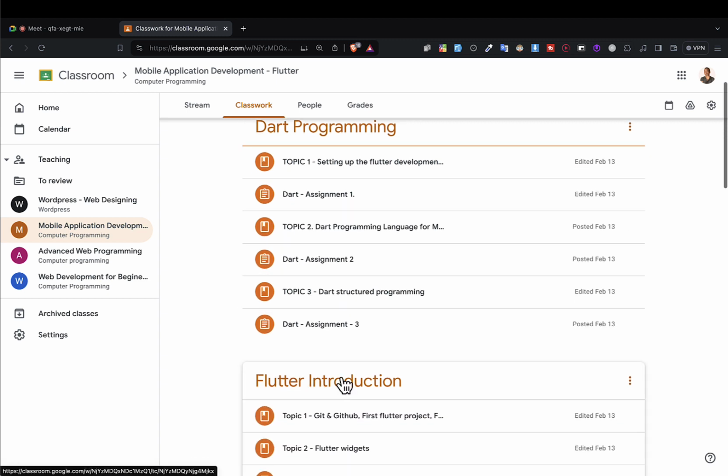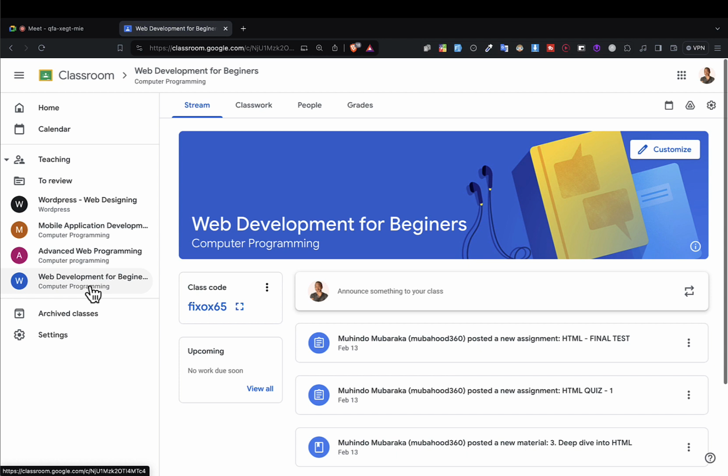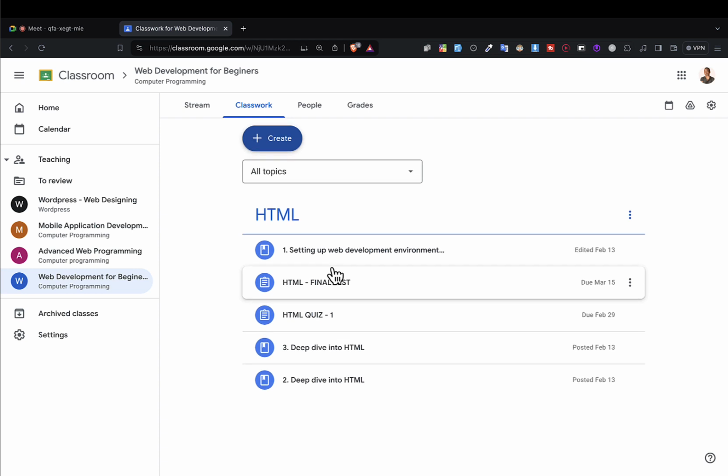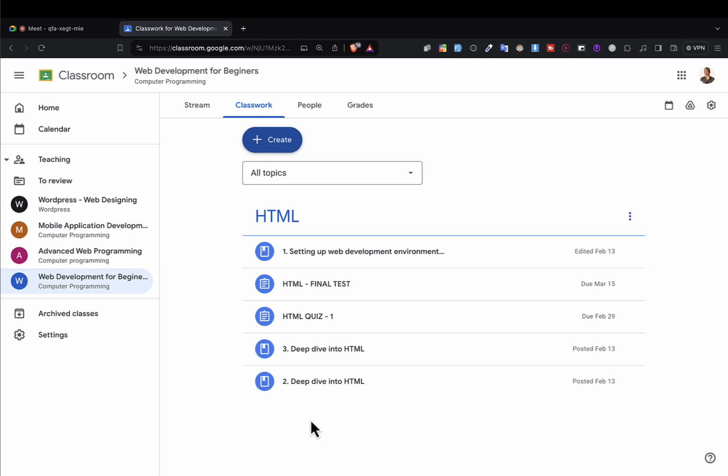So it's going to make you busy and tiresome and boring, but that is the only way we can prepare you to become a very good developer with good foundations. Then that is for you, Muhammad. And then we go to Abdul Qadir and Duncan. Both of you, you're going to come here to web development for beginners. You have 2 courses to watch. We are going to add more content here. If you finish this one today, well and good. But by the end of today, we shall have added more content. Then you watch and practice as I've shown you, and then submit the assignments.